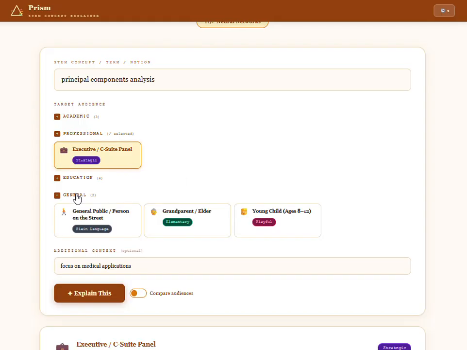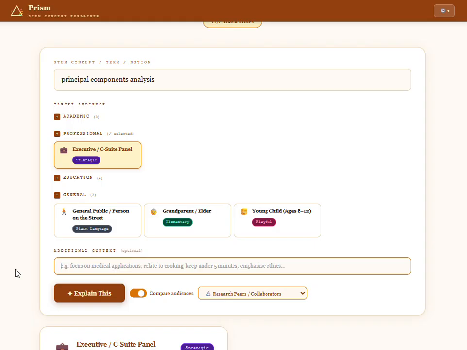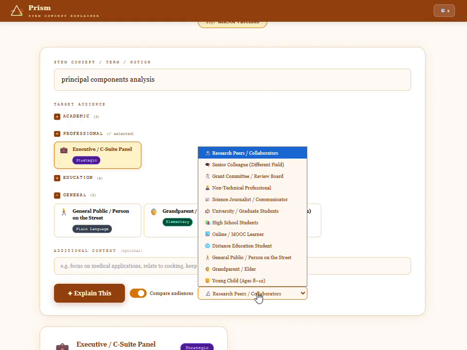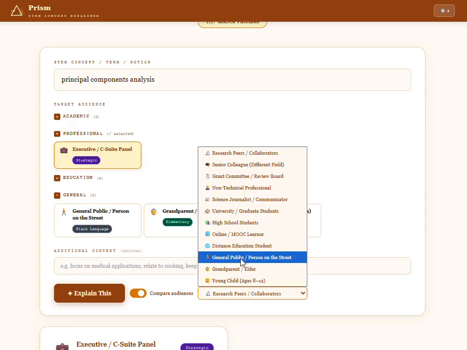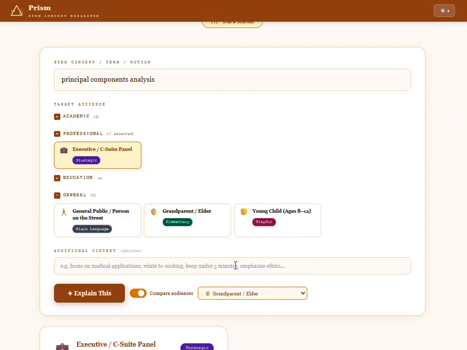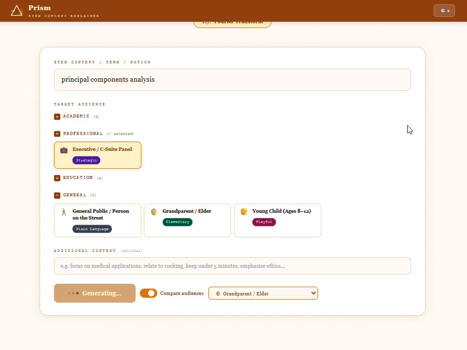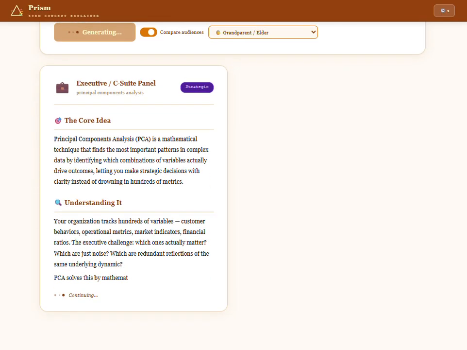So first we will choose the executive, and then we'll say compare audiences. Let's take out this additional context which is irrelevant here, and apart from the executive we would like to see the concept explained for a grandparent as well. So let's just choose this. So that will be elementary, and let's say explain this. So first it generates for the executive